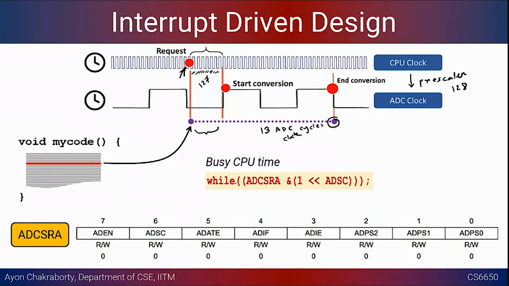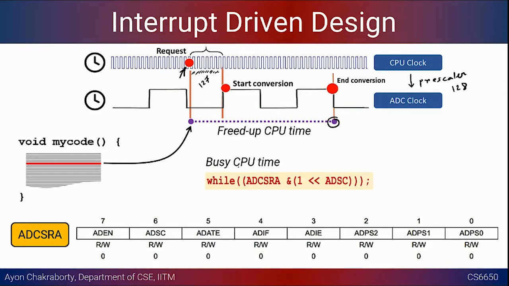Now what we can do is use this concept called interrupts, where we can ask the ADC to start conversion and then do other tasks that are required in our system. And then once the conversion ends, we could be notified about that end of conversion. That is also possible. So in that case, we will free up the CPU time. Okay, so we will free up this CPU time, and it will be used for doing other tasks, right? We don't want to keep the system unnecessarily busy for doing this, right? So that is the concept of interrupt here.